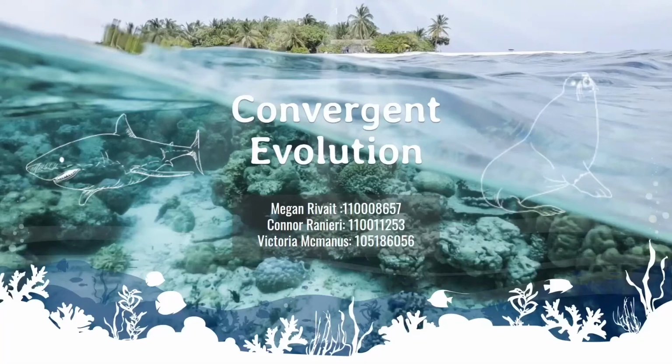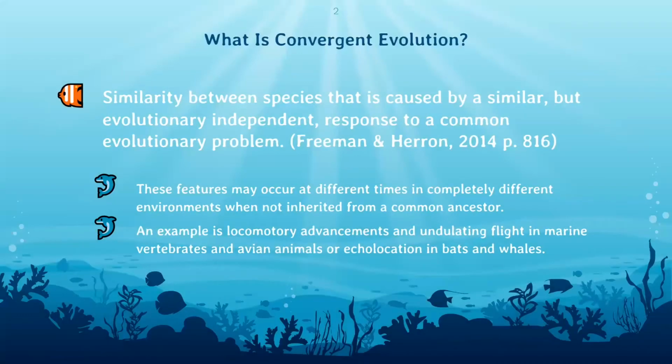Today we'll be discussing convergent evolution. The evolutionary analysis textbook definition of convergent evolution is a similarity between species that is caused by a similar but evolutionary independent response to a common evolutionary problem. Now, to elaborate, different organisms come from different ancestors, and similar features can develop or evolve at completely different time